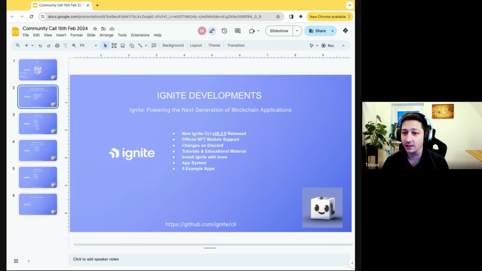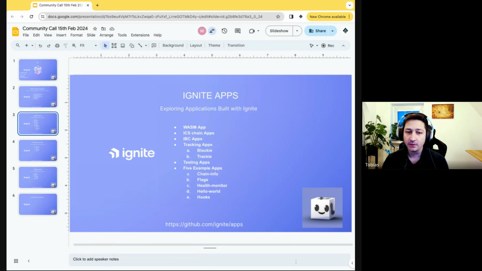Apart from that, we are doubling down on the app system this year. The app system will solve a lot of problems for developers. It will give you a lot of insights and will help you build the best blockchains, but also have the best feature sets that exactly fit your needs. For this, we have created 5 example apps that help you understand the whole template design of how apps work, but also give you indications of how to best work with apps going forward. We have a lot of initiatives this year around apps.